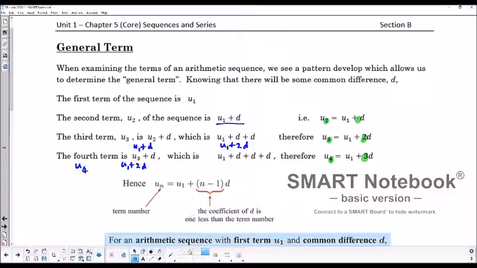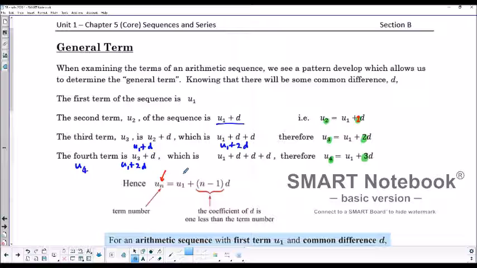So we see that here, of course, there's a 1. Between U2 and U1, there is one difference. Between U1 and U3, there are 2 differences. Between U1 and U4, there are 3 differences, etc. So the pattern continues. So in order to find any general term that you're looking for, U sub n,